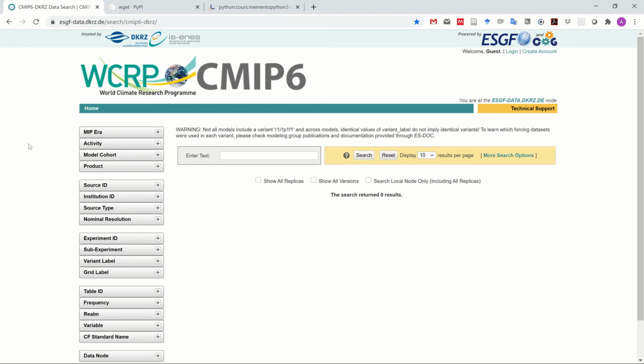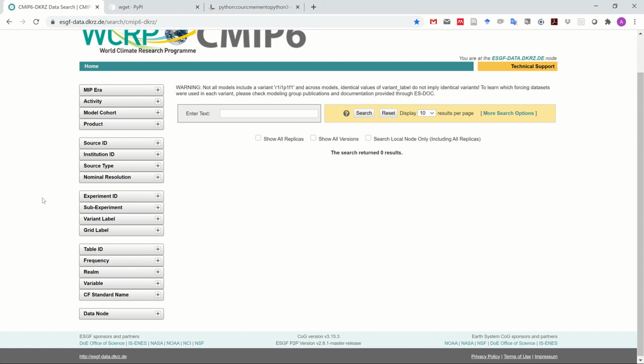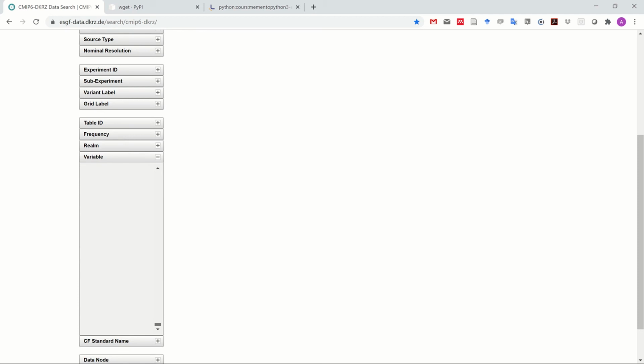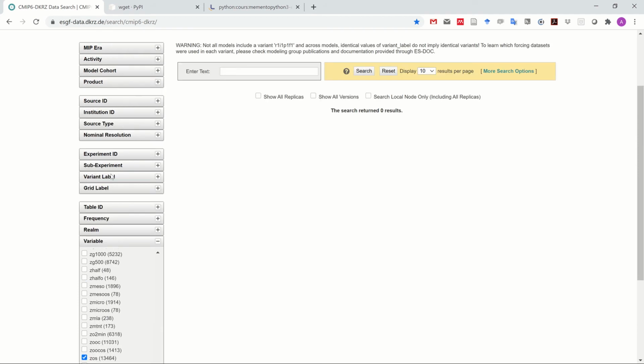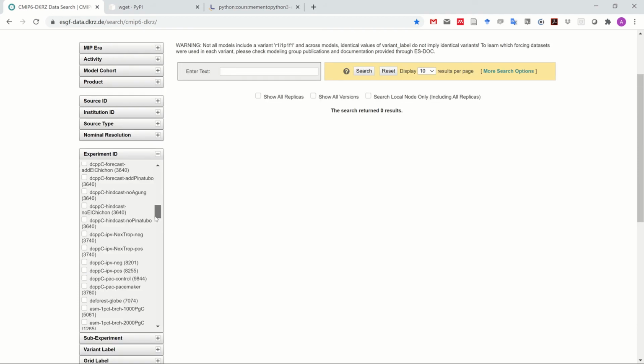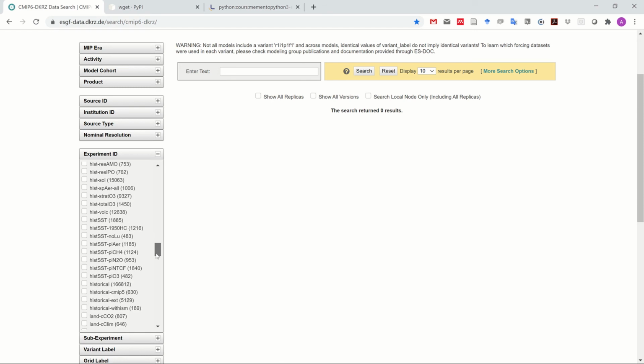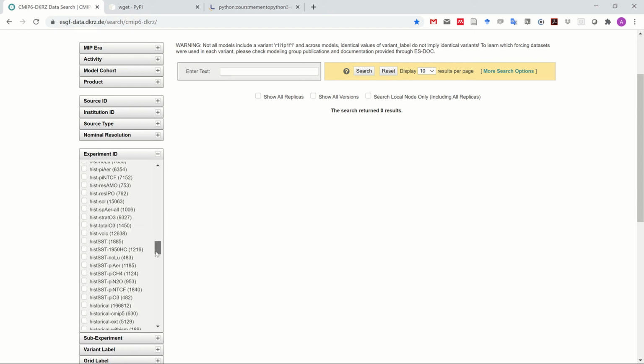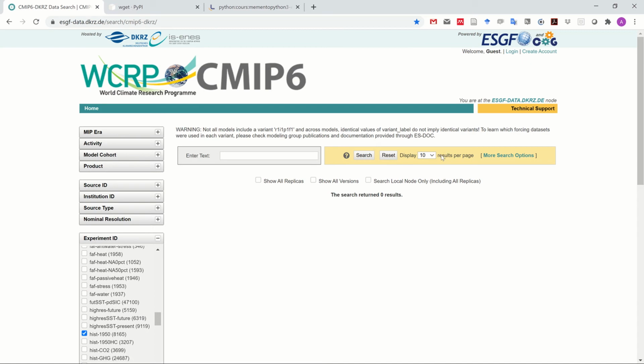So the first part is we search for the data that we want to download. We know the variable that we are interested in, that is ZOS. And for example, we are interested in the historical 1950 simulation, which should be somewhere here. Yeah, here. Okay, so let's see, and we can display 100 of them. Let's see how many we have for the high resolution